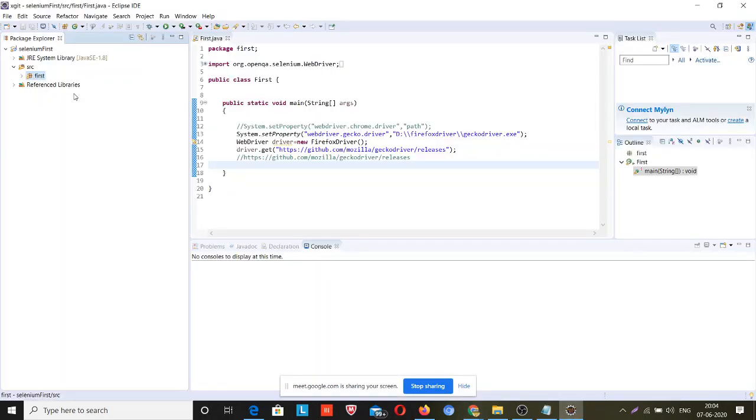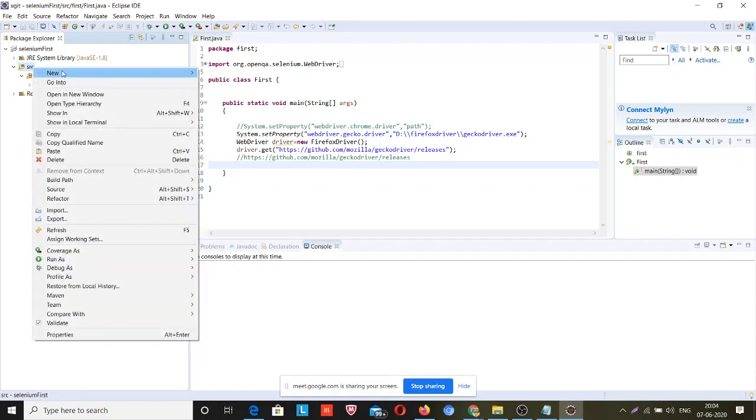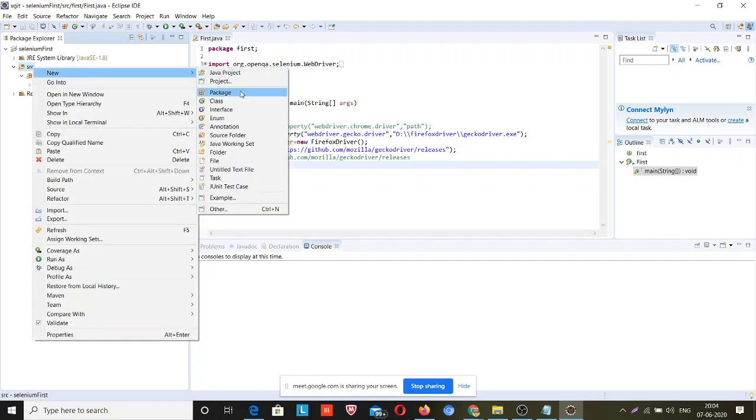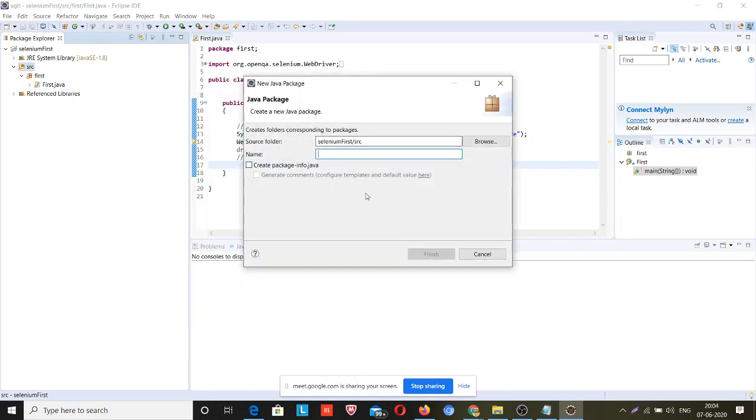Let me start from scratch. So I will make a package. Right click on this source, new package. The package name will be based on today's agenda, locators.